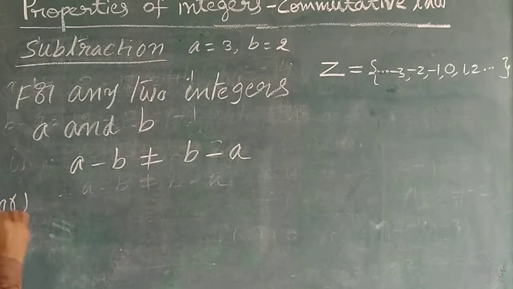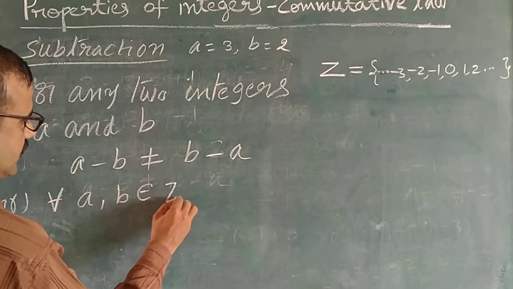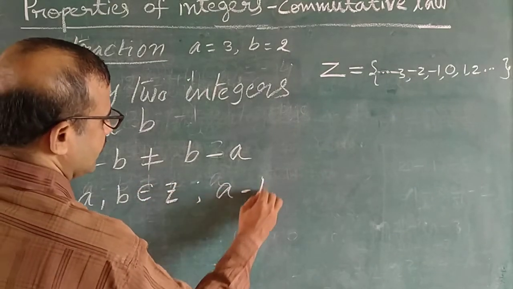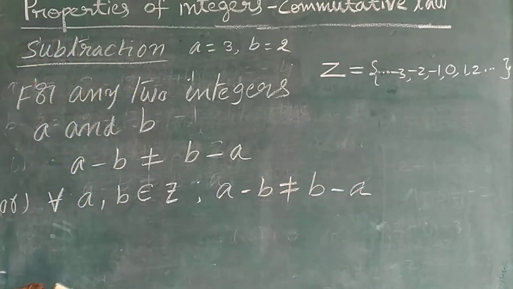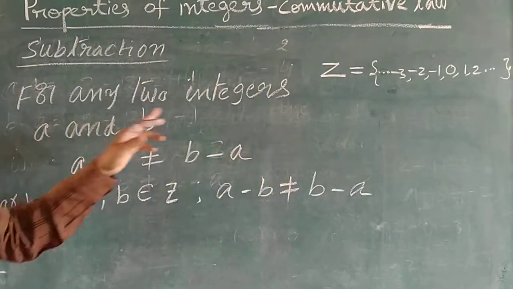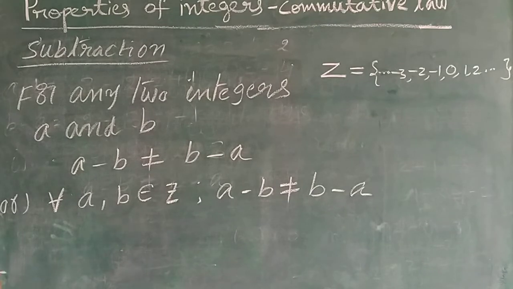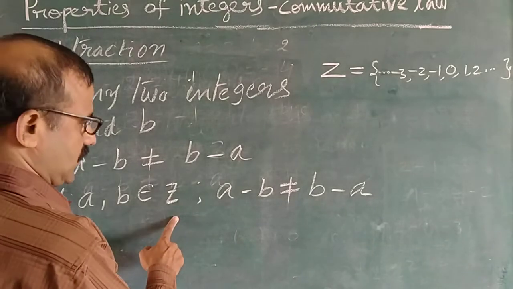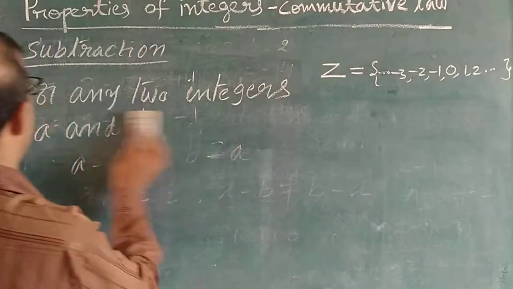For simple notation, for all a comma b belongs to Z, a minus b is not equal to b minus a. So for any two integers a and b, a minus b is not equal to b minus a. This is the simplest notation of this one. Okay, children? Therefore, we concluded that